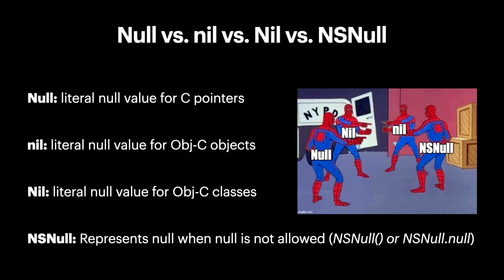At the same time, we have NSNull. This is going to represent null when null is not allowed. So Swift did all this great work with introducing optionals that made our lives easier in terms of here's when something can be nothing and here's when it can't be nothing. So sometimes when it can't be nothing, we still want it to be nothing. Again, I don't know why you would want to do this, and go around all of the great stuff that Swift has in terms of optionals. But sometimes when Swift says no to optionals and you just want to break the rules and do it anyway because you're a rebel like that, NSNull is here for you.